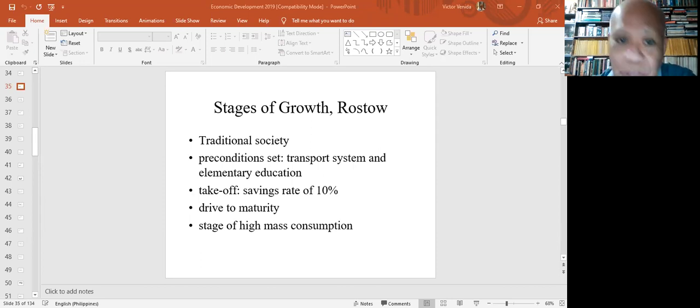Now, in Rostow's theory, you have two different traditional societies, but once societies reach the second stage onwards, they become quite similar. So let's first discuss what these stages are. In preconditions being set, the two important preconditions for further long-term economic development is the setting up of a transport system and the setting up of an elementary education system. Now, the transport system